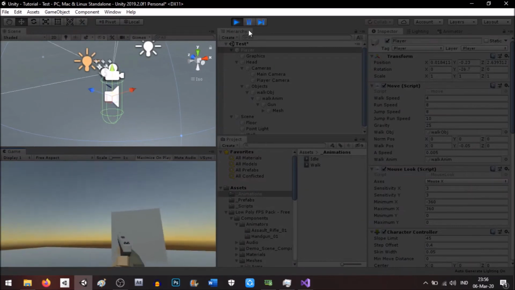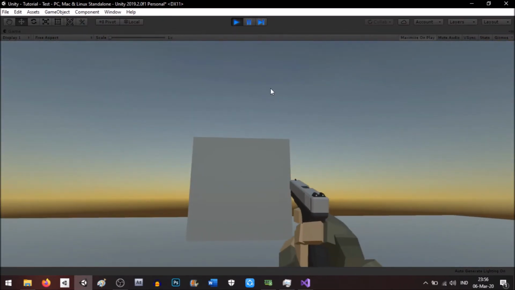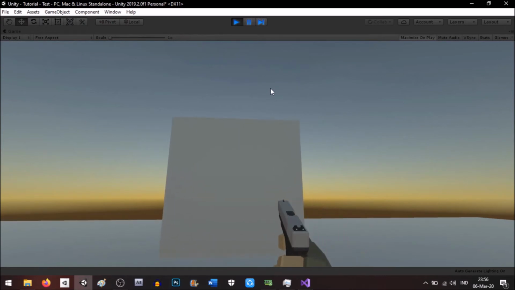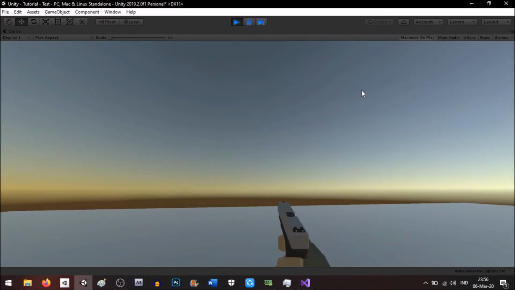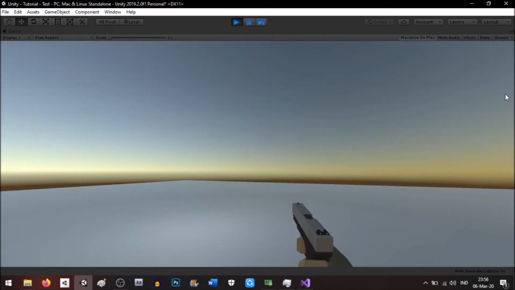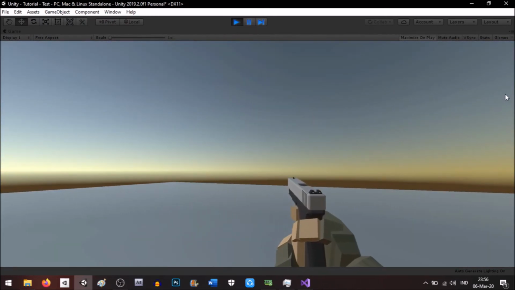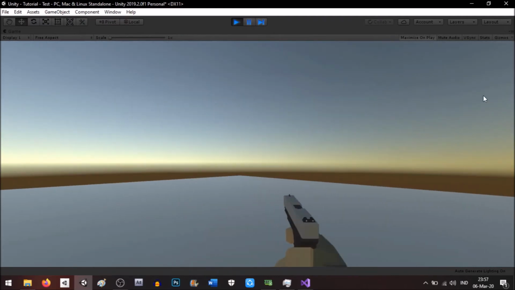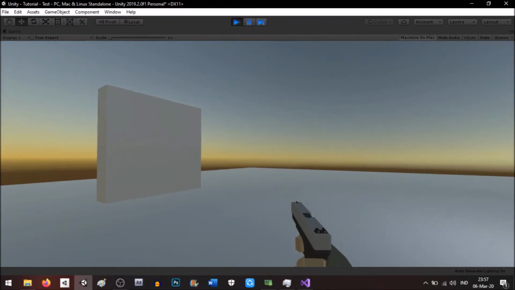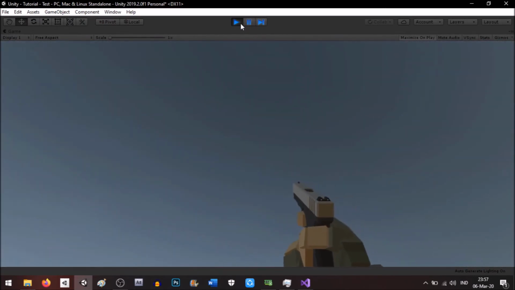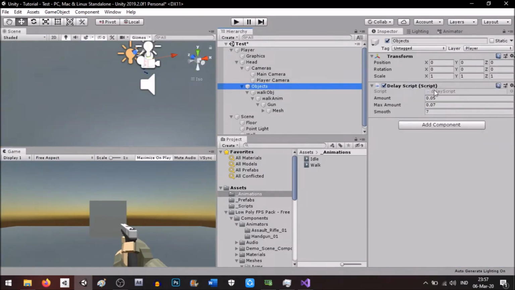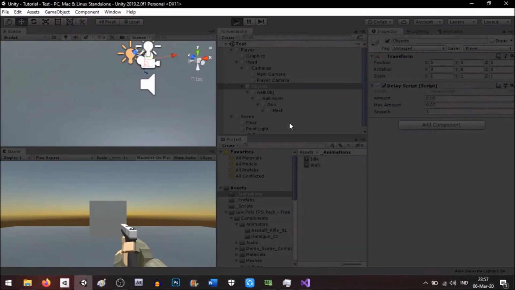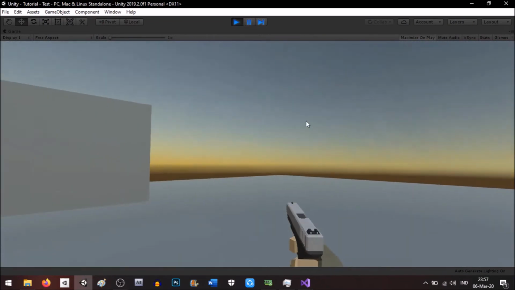Yep. So now, as you can see, if we walk, it will play the animation like this, and it will also go down by a bit. Now this is important when you're using a big weapon like a heavy machine gun, where walking will actually move it down instead of just playing the animation. I think I should reduce the delay script a bit here, like 3. Yeah, there we go. So now, as you can see, it's a bit more